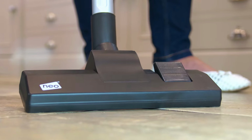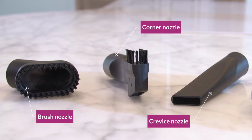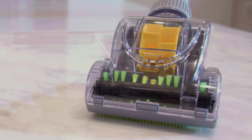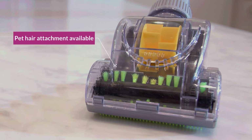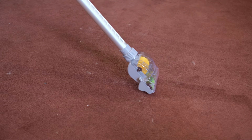Along with the standard wide floor brush, the vacuum also comes with 3 different accessories, so you can clean those hard to reach places with ease. A pet hair attachment is also available for any shedding our 4-legged friends leave behind on carpets, rugs or wooden